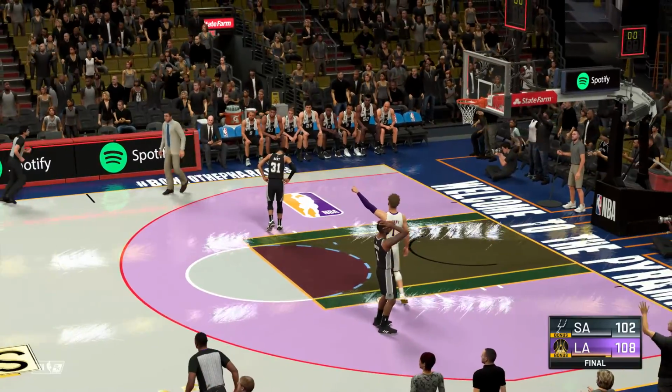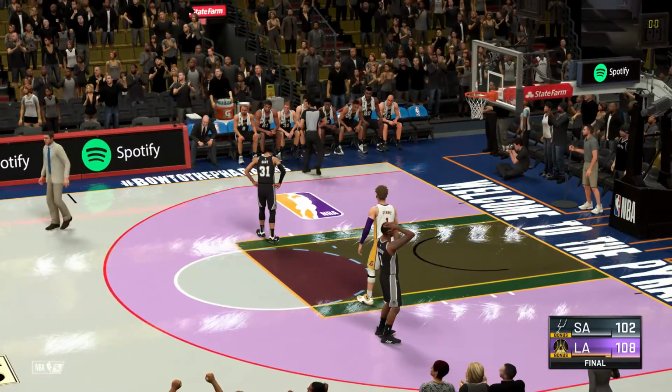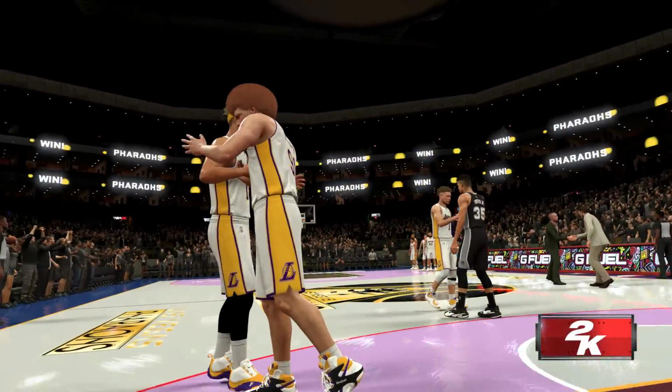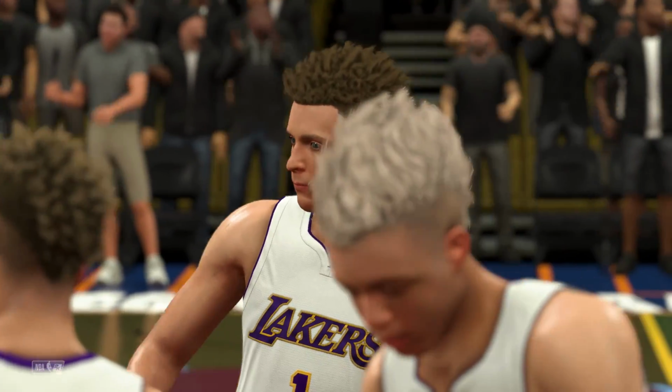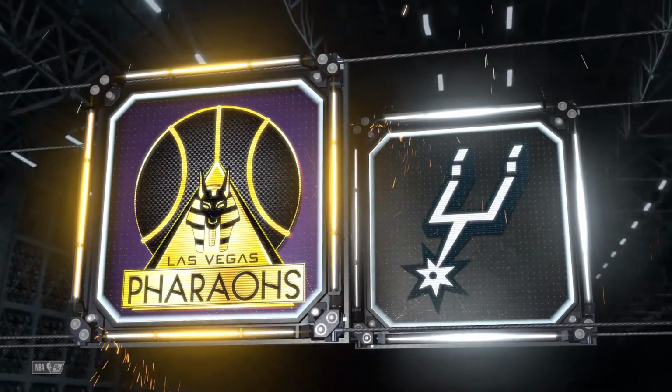And so Los Angeles takes the win, probably a little closer than they would have liked it, but a win nonetheless. Yeah, but I really got a sense that the fans gave them that emotional boost that was needed down the stretch. This crowd, man,